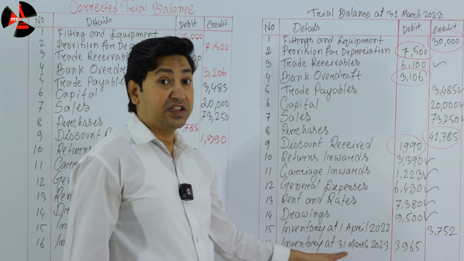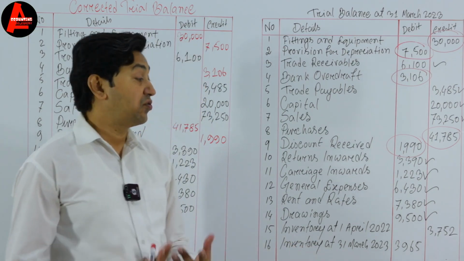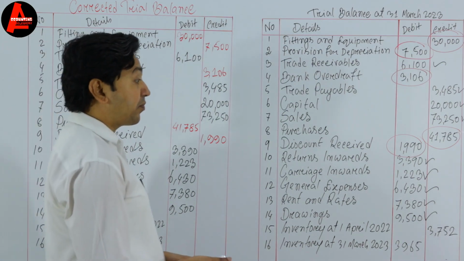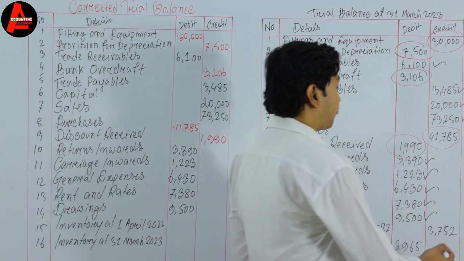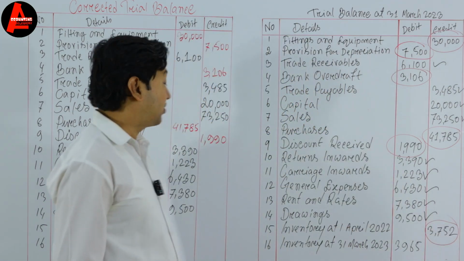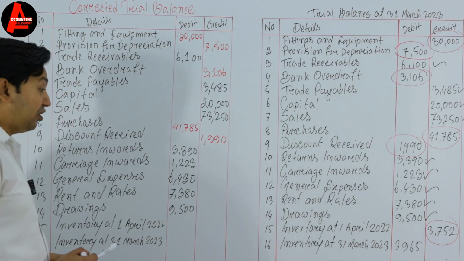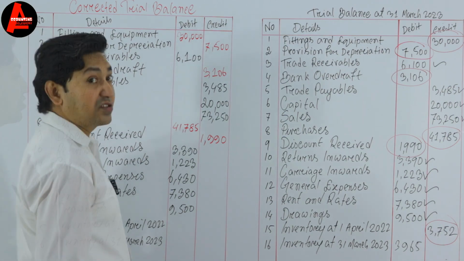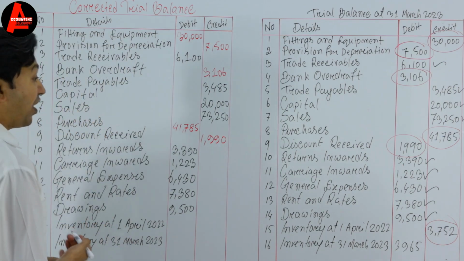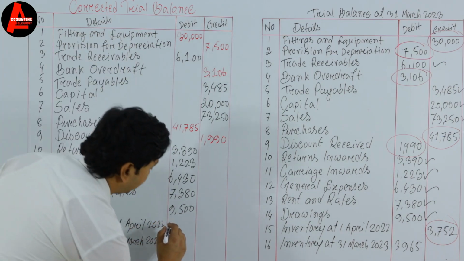We will not write this closing inventory, we will just take the opening inventory. Okay, and another problem, it is written on the credit side. So opening inventory will be added to the debit side. Okay, not credit side, as opening inventory is a part of purchases, so we will write on the debit side. It is